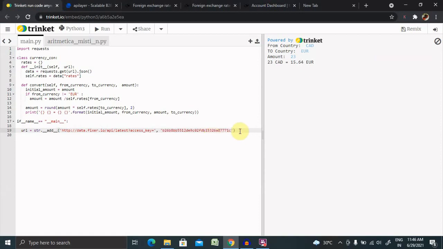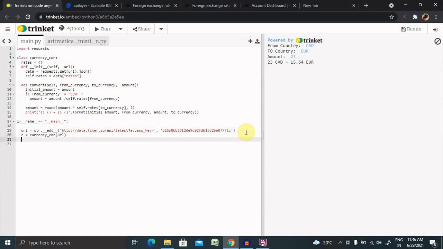Now it's done, and next we want the currency conversion variable. So C equal to currency converter, C underscore converter and then the URL which we will use.